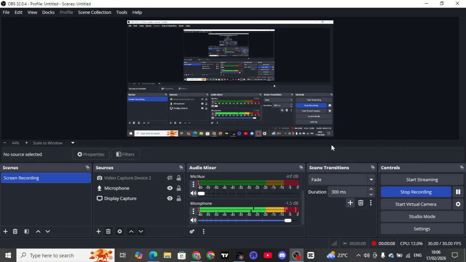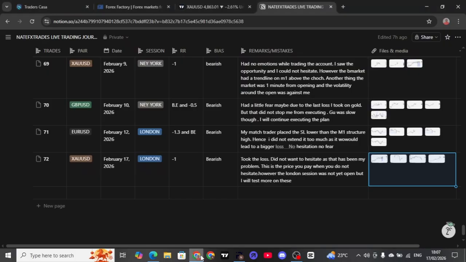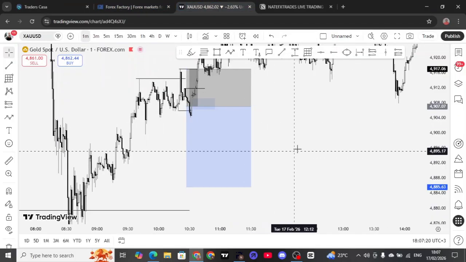I'll be showing my progress in terms of the trades that I took today, whether I took any trades and how it went. So today has been quite tough. Took a loss in the morning during London session and another trade on NQ that didn't confirm this New York session. Just look at the TradingView.